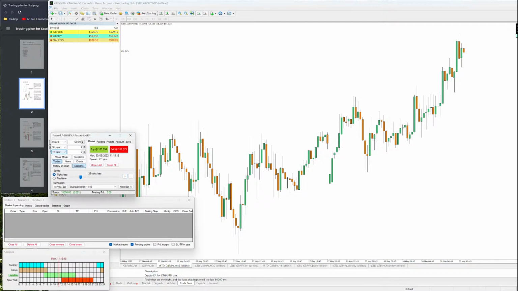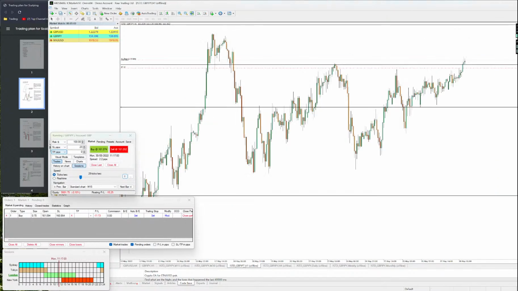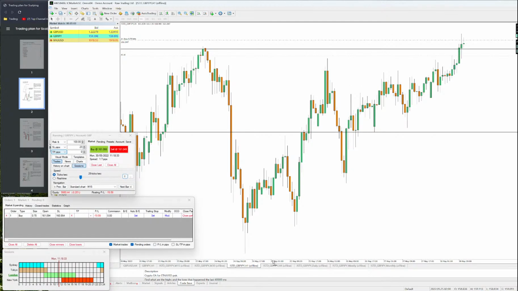So I'm gonna enter a 23 pip buy above, and let's see if we're gonna get that trade or not. The spread was quite high, I think, and yeah,